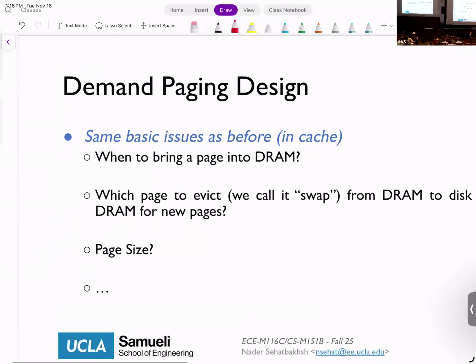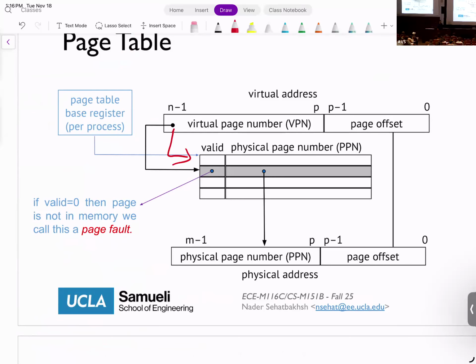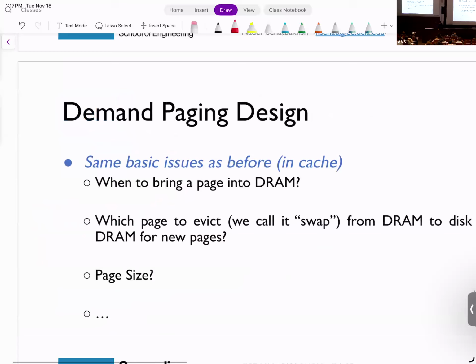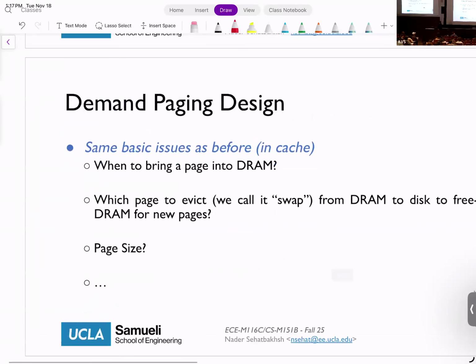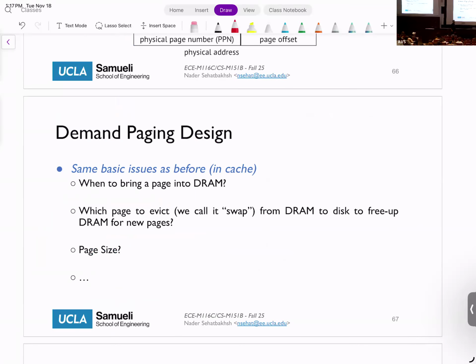All right. So there might also be the question of how we decide. When the valid bit is 0, a page fault happens, which means that I didn't store this in the DRAM. In this case, the replacement policy is also required to replace some of the unused pages back to the disk and bring some new pages I need to copy. Yeah, exactly. So the question is, how do we actually handle demand paging?